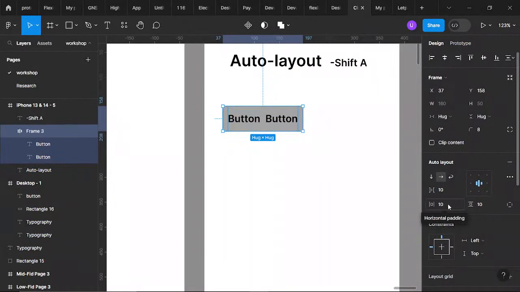Now this is called the horizontal padding. The padding at the edge, sorry, that's what is called horizontal padding. That's the distance between this element and the left side. The distance here is 10, and to the right side too is 10. If you increase it to something like 20, you can see it expand, and the distance expands. So let's go back to 10, which is the default state.